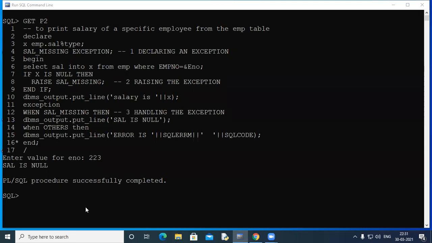And a procedure, you can just listen to this definition for a procedure. A procedure is a subprogram that performs a specific action. So a procedure is something which does some specific action, and it can be called either from your PL/SQL